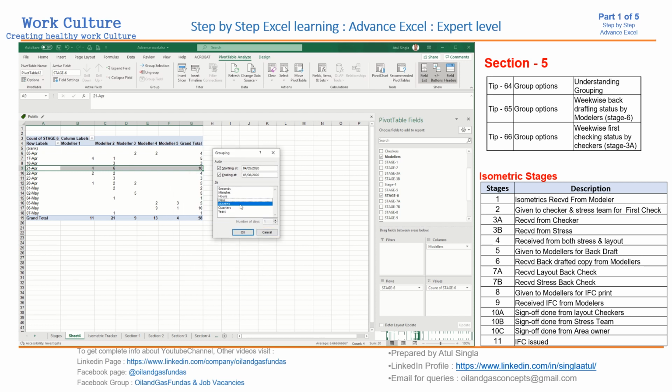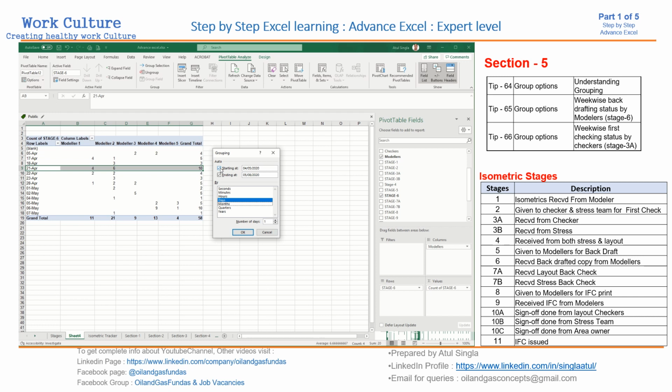You can go for months, month wise, quarter wise, year wise, hourly basis, day wise, minutes, seconds, everything we can do. Whatever data we have filled, we can do this. But most important is this, because most of the project reports we generate week wise. But the week option is not there. So this is very important to understand how we can generate the week wise report.